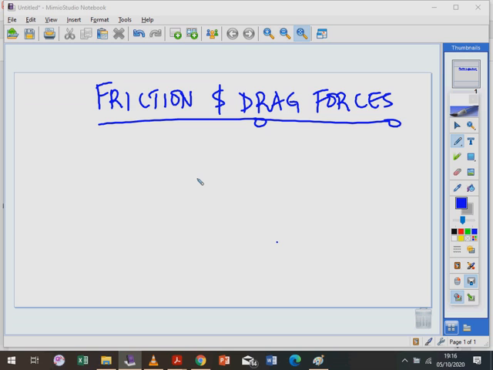So today I want us to talk about friction and drag forces. Now normally when you have an object that's resting on a flat surface, if there's friction between the surface and the object itself, then that friction comes from the nature of the surface on which the object is sitting, and the nature of the object